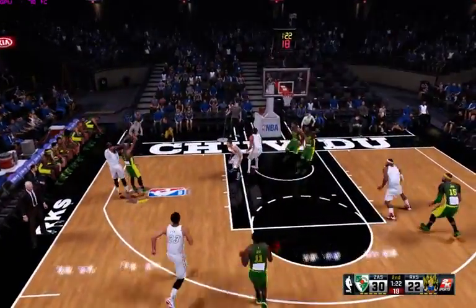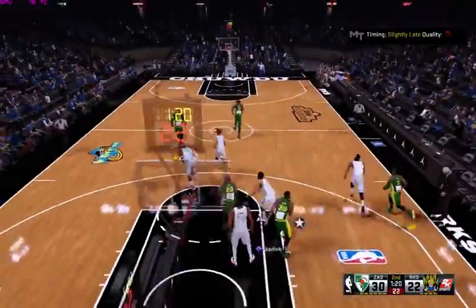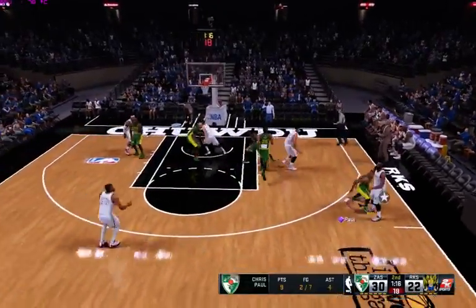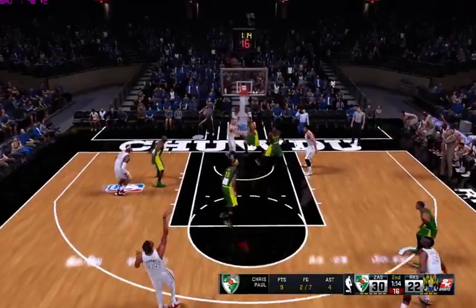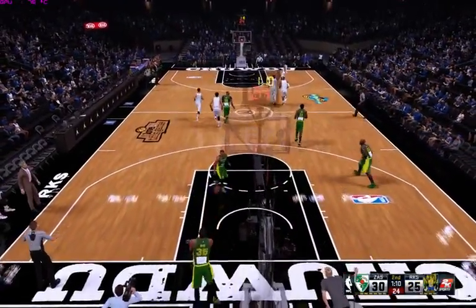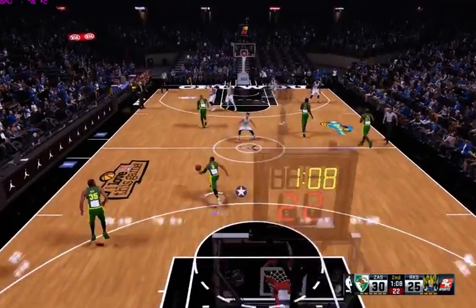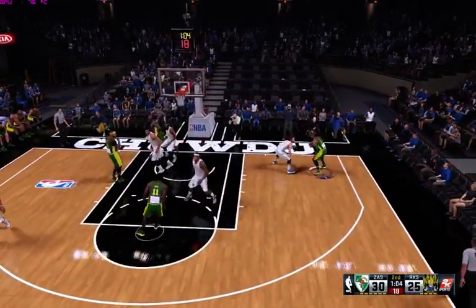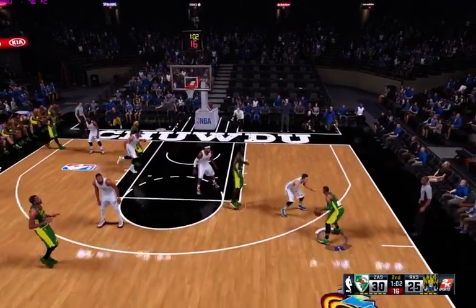I mean, it's not an easy task stopping that fella when he's headed to the bucket like that. Good job. He's going to play his way right onto the bench and out of the game if he continues to shoot it like he has so far in this quarter. Well, that's one way he can finish, but far from the only way he gets it done. He's got all kinds of tricks up his sleeve.